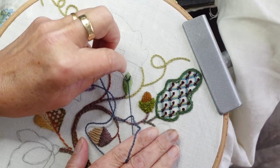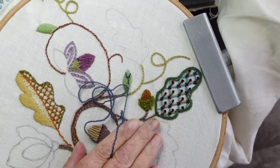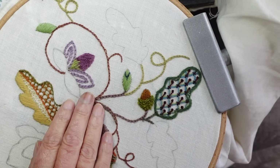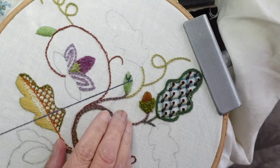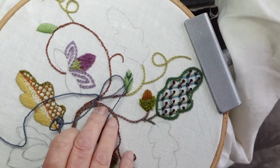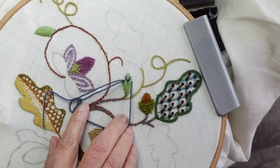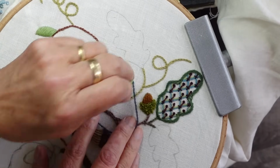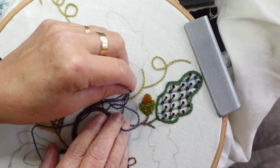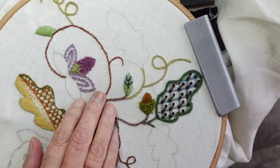I can go make a bit of a stalk, which is coming down the central vein, back up to the outside edge, across to this edge, back up on the middle where the stalk of the previous stitch stopped, up through my loop, and then quite a long stalk, and then a last stitch